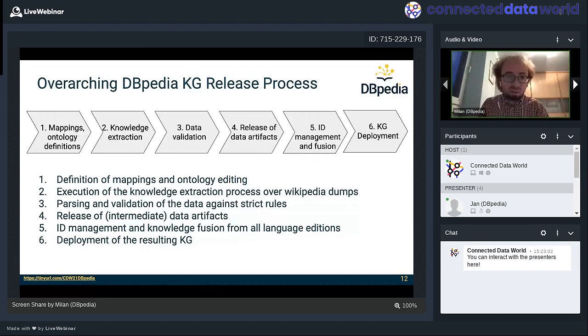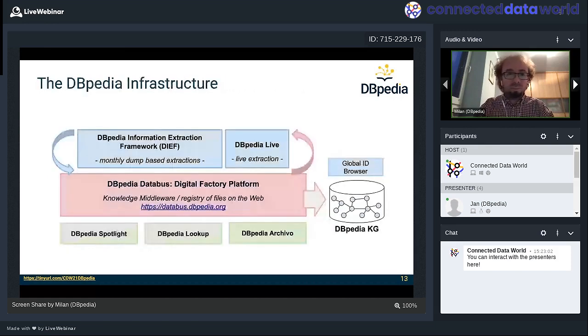The very last step is the deployment of the resulting KG, publishing it as Linked Data and on the SPARQL endpoint. This is just an illustration of the infrastructure. In the middleware, we have the Databus platform, where all the artifacts are being published so that you can reference, search, and consume them